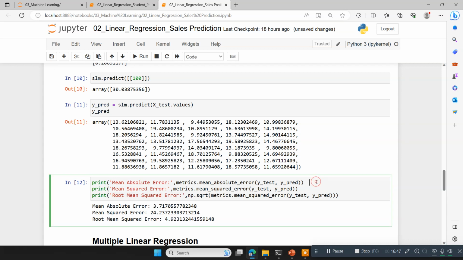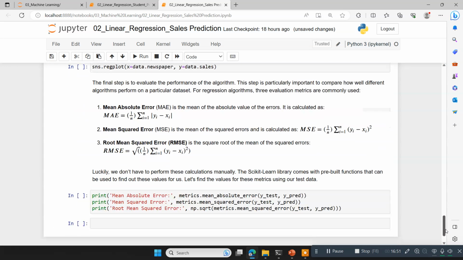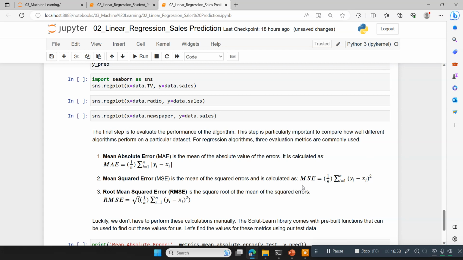So if we go into details of how these errors are calculated, we can check that over here. These are the equations. Mean absolute error means the difference between actual and what the model predicted, and all these values are summed and then divided by n, and you take the mod of this. So mod of actual minus predicted, summing up all these values and then dividing by n, that gives the